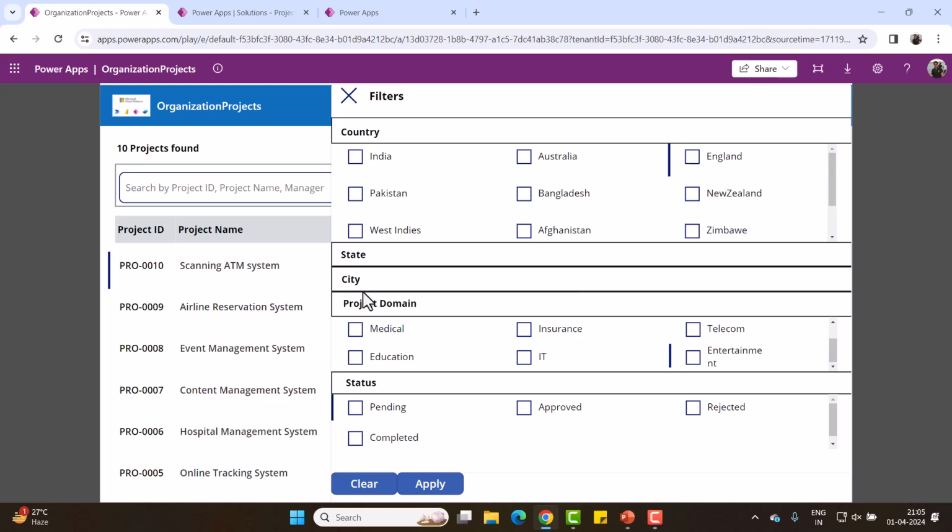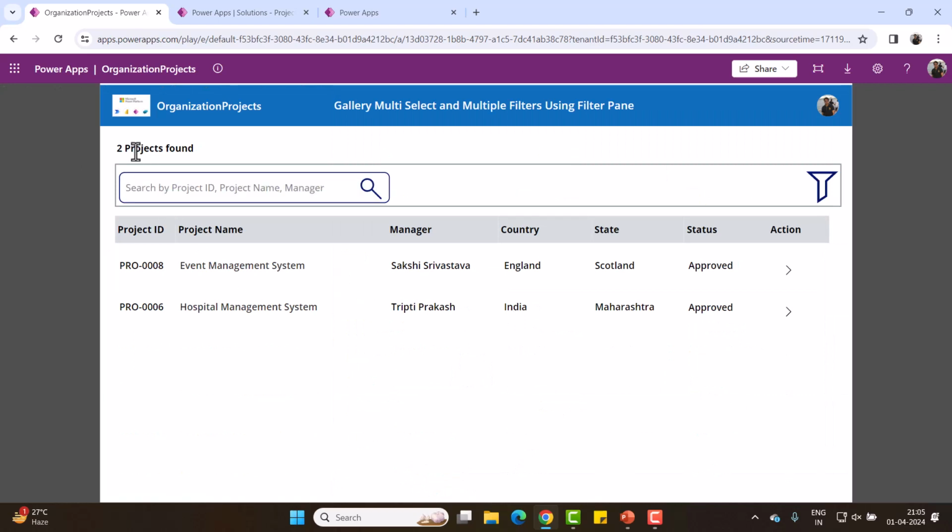If I want to apply multi-select filters for project domain only, to see all the projects that belong to the project domain medical and entertainment, and I click on apply, it comes out to 2 projects.